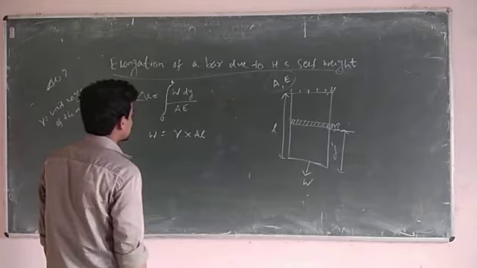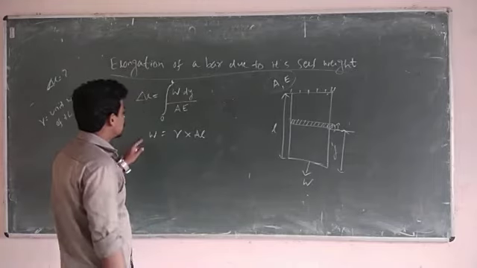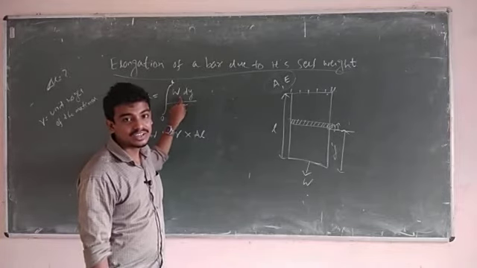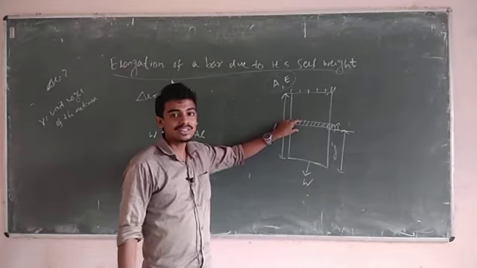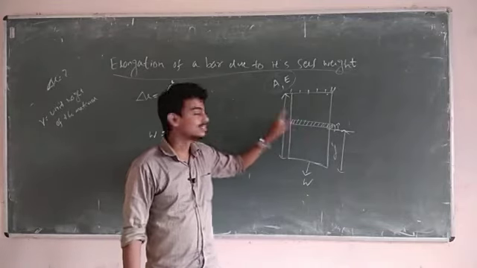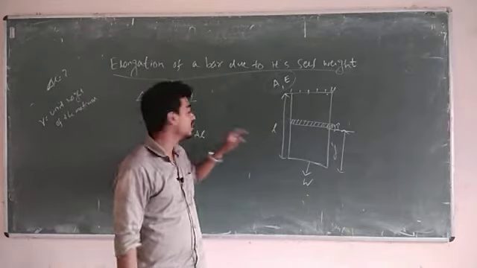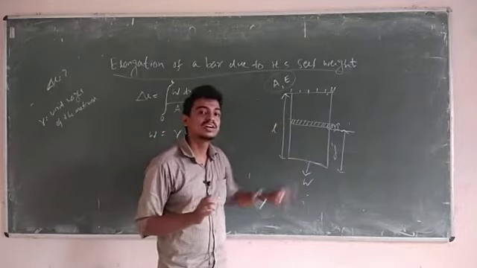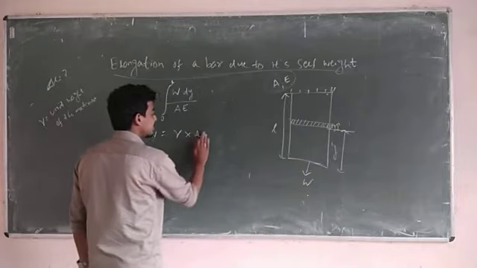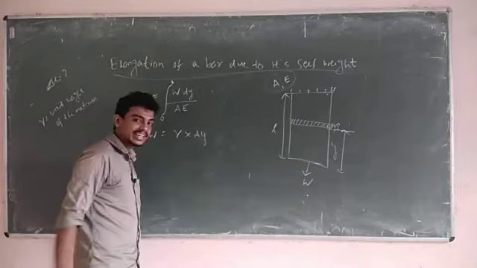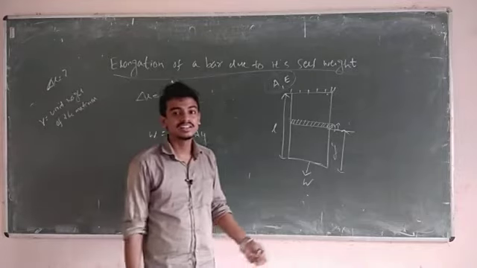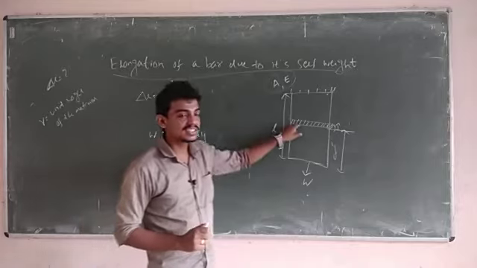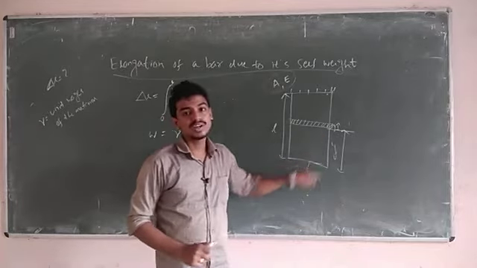Okay. So in this case, we are taking the small elementary length dy. So I will take y, not L, because we are integrating from 0 to L. So now our consideration term will be y. I am not taking L here, I will take y because we are integrating. We will take the elementary length, and according to that we will take the rest of the terms. So the elementary length is here, so we will take the y length.